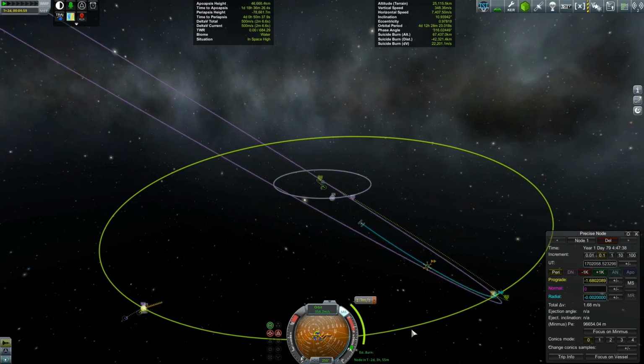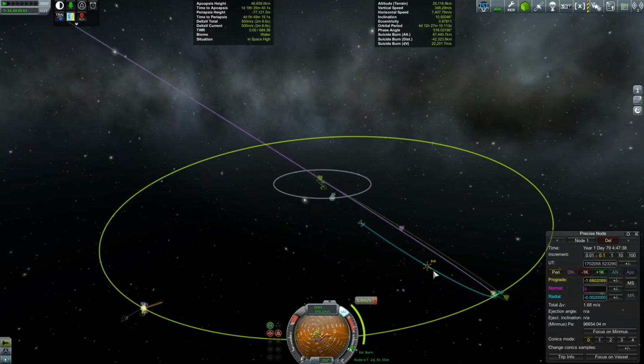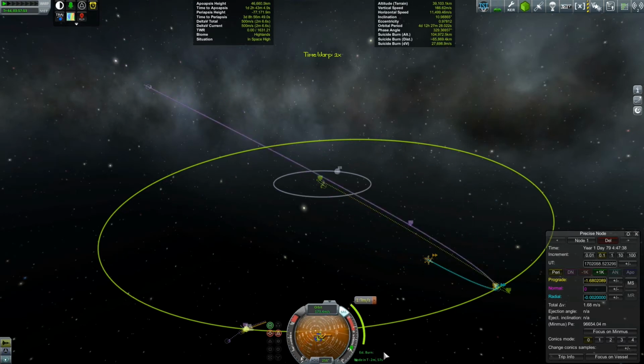Just gently bring ourselves round onto the maneuver node. And we'll warp to that maneuver node. So this is 3 hours to go, there's 1 hour to go. And there we come round to our 3-minute mark. This time it's calculated the 3-minute margin correctly. So it'll give us 3 minutes just to correct that slight